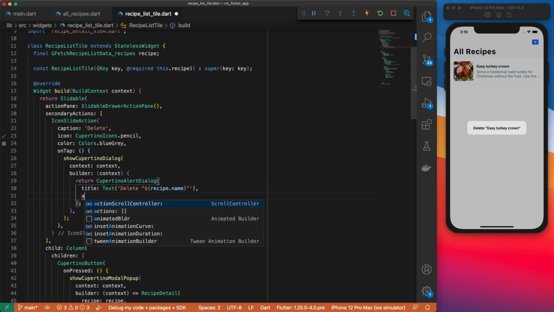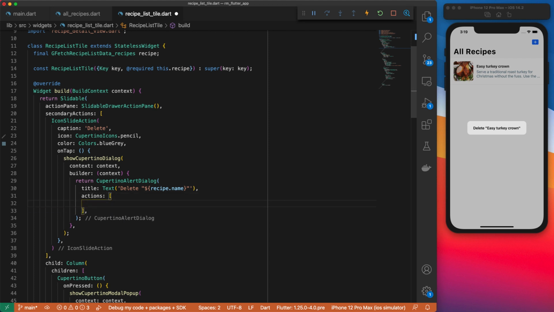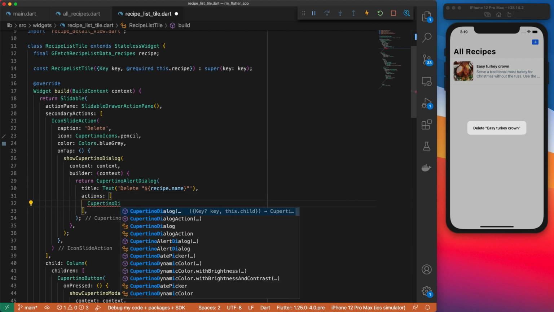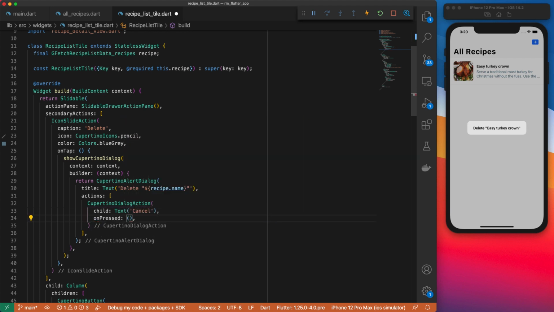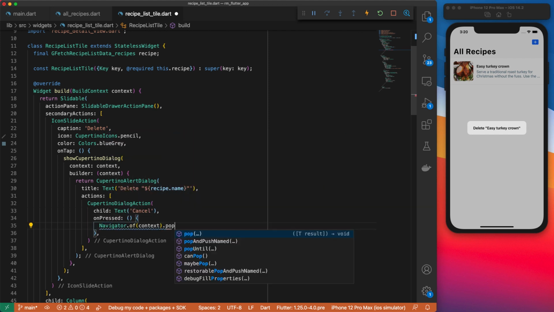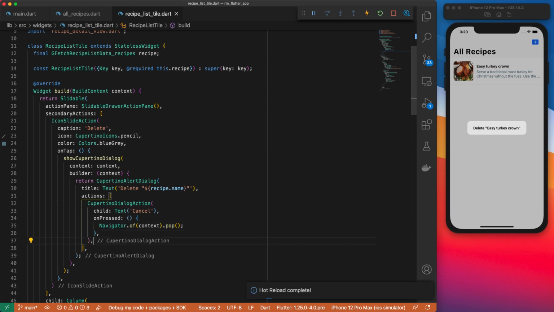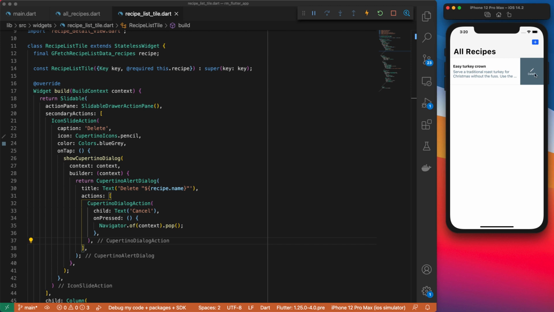So let's define a list of actions. We'll render a Cupertino dialog action. The child of that will be a text widget that says cancel. Then when we press that action button, we'll pop our current navigation context. Then we'll go ahead and restart. So if we click on delete, then this comes up, and when I click cancel,